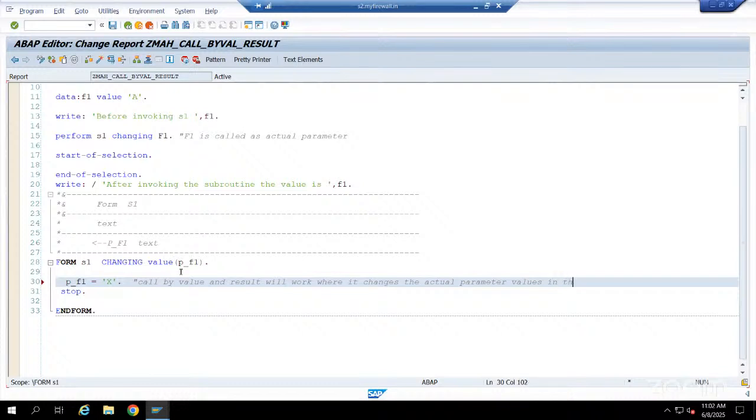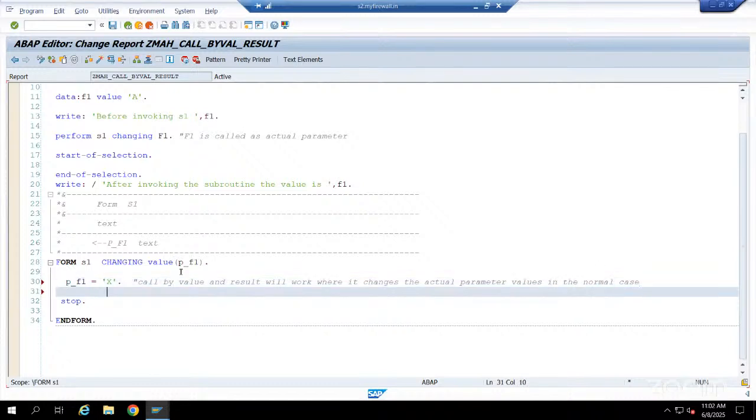In the normal case, note this down, some of you. This is very important, just the concept. We don't use subroutines that much, but we need the concept. In the normal case, call by value and result will work where it changes the actual parameter values. Whereas